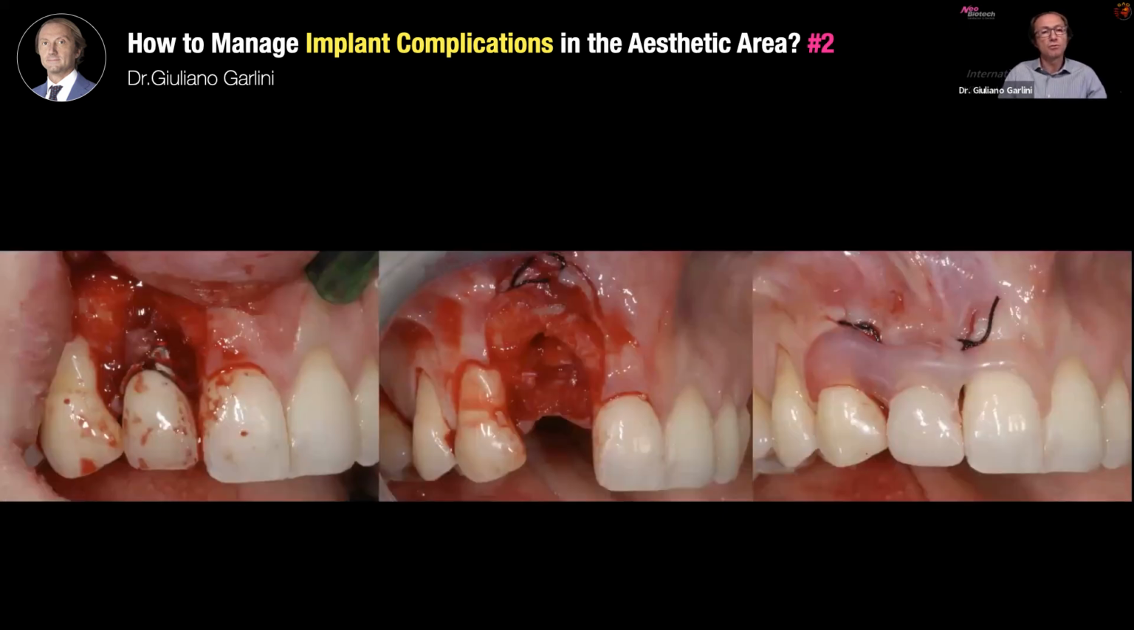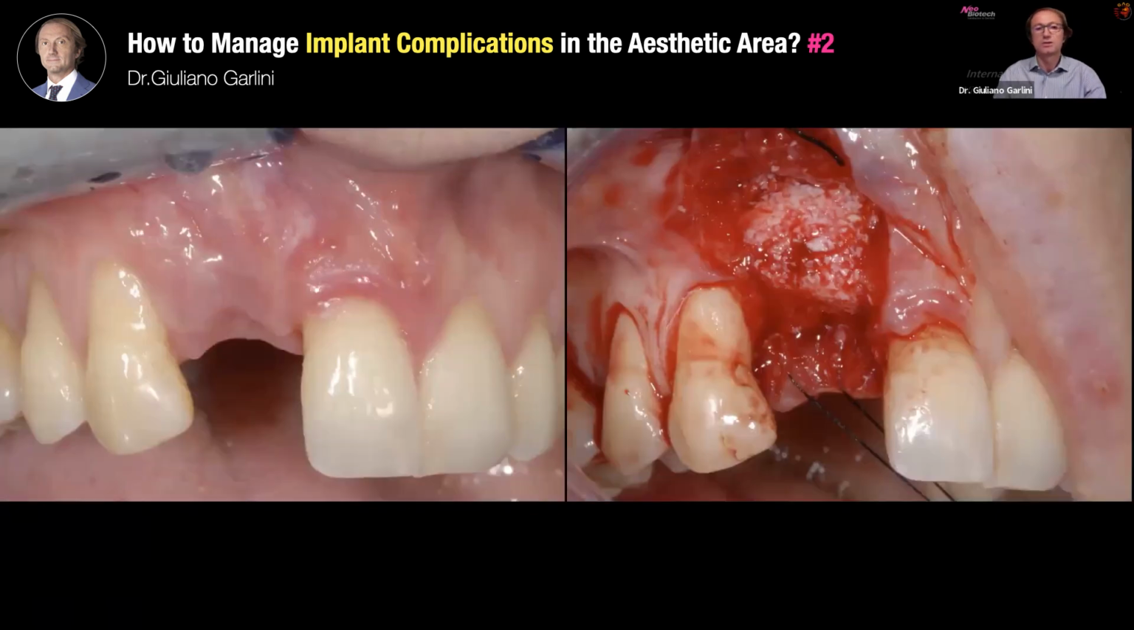And we remove the implant with a fixture removal kit, and we wait for the healing with a provisional removable prosthesis, because from an occlusal point of view, we didn't have space to put a fixed prosthesis, like a Maryland bridge. So after 3 months, we perform a surgery where we insert a new implant, and we perform a bone